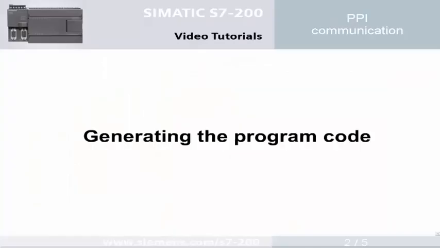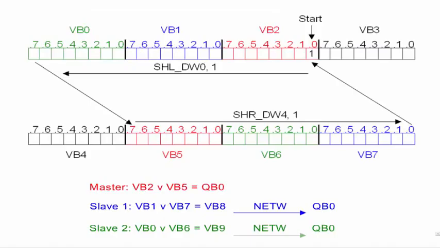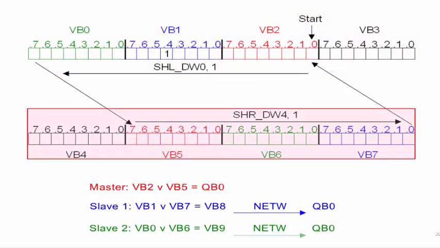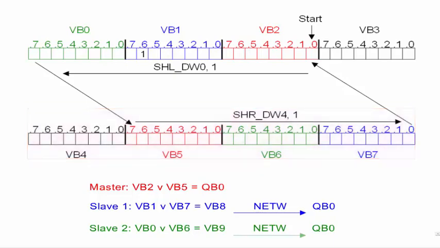Step 2. Generating the program code. The running light is generated in the master PLC. At the beginning, the start bit 2.0 is set for the rising running light. Double word 0 is shifted cycle triggered left, and double word 4 to the right, each by 1 bit. The transfer between rising and falling running light occurs from bit 0.7 to bit 5.7, respectively from bit 7.0 to